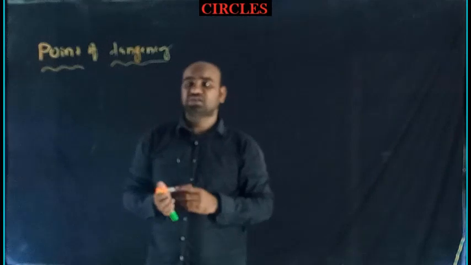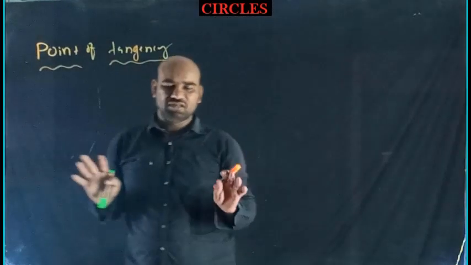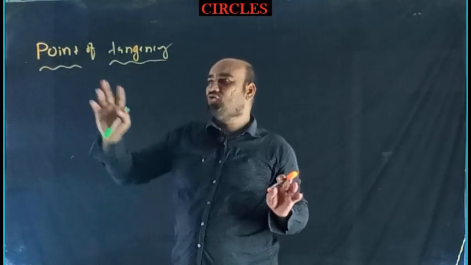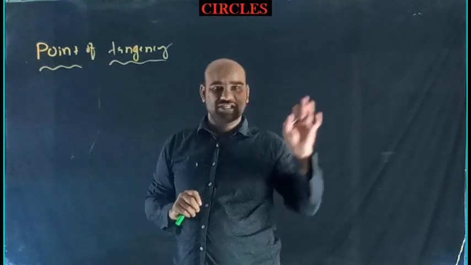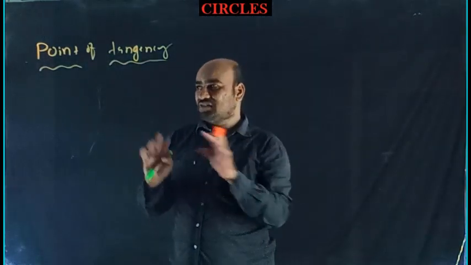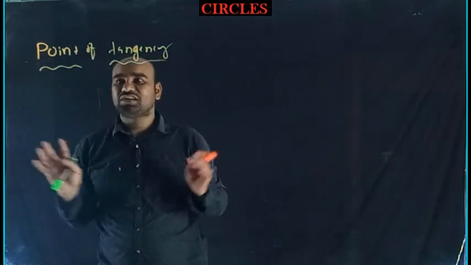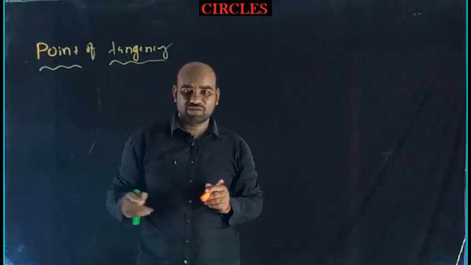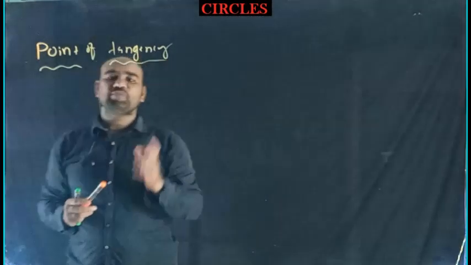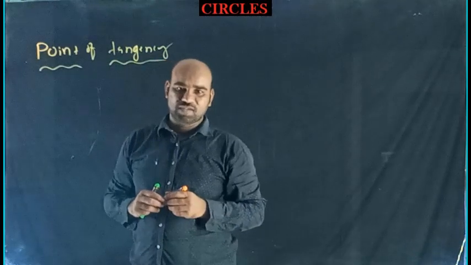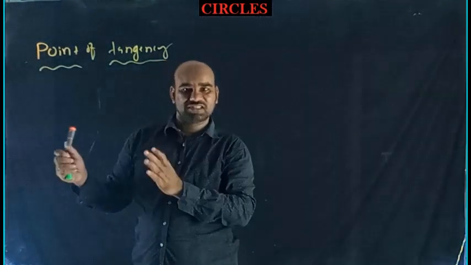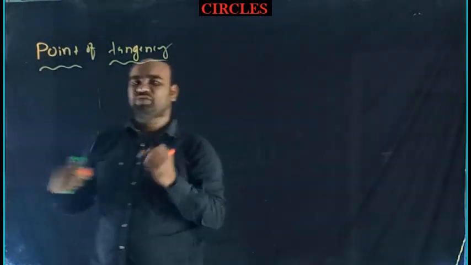Okay students, actually this concept is not required. How to find the point of tangency, I just explained in the previous problem. I just want to explain the concept, that's all. No need to memorize all these formulae. Okay, how to find the point of tangency? Two situations: one is the basic circle and the other is the general circle. First of all, I will take the basic circle.